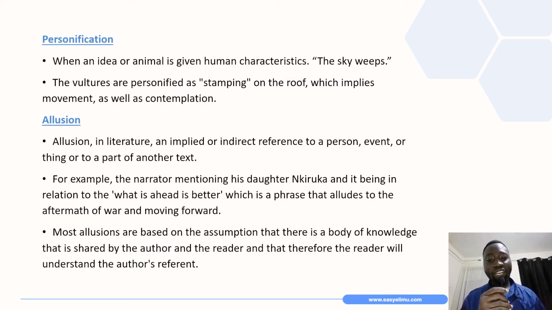It is a phrase that alludes to the aftermath of war and moving forward, so it creates that indirect reference, Nkiruka relating to what is ahead being better. Most allusions are based on the assumption that there is a body of knowledge that is shared by